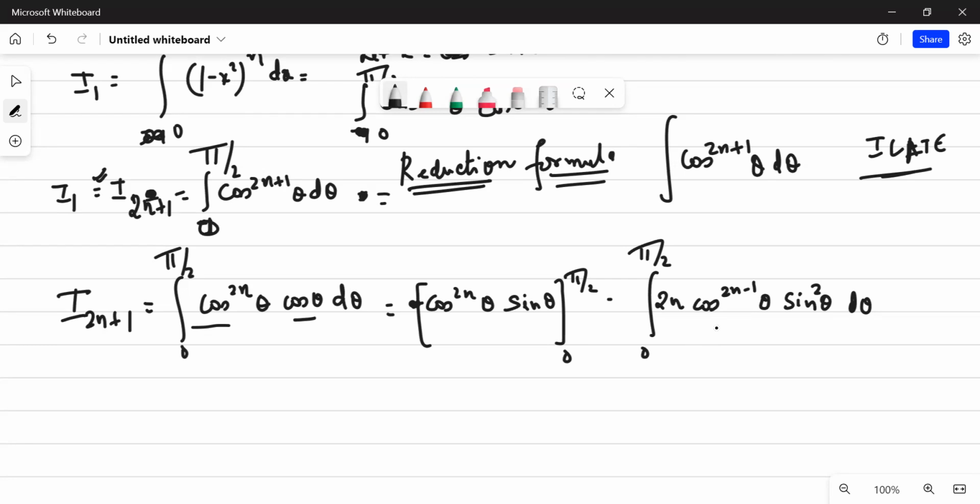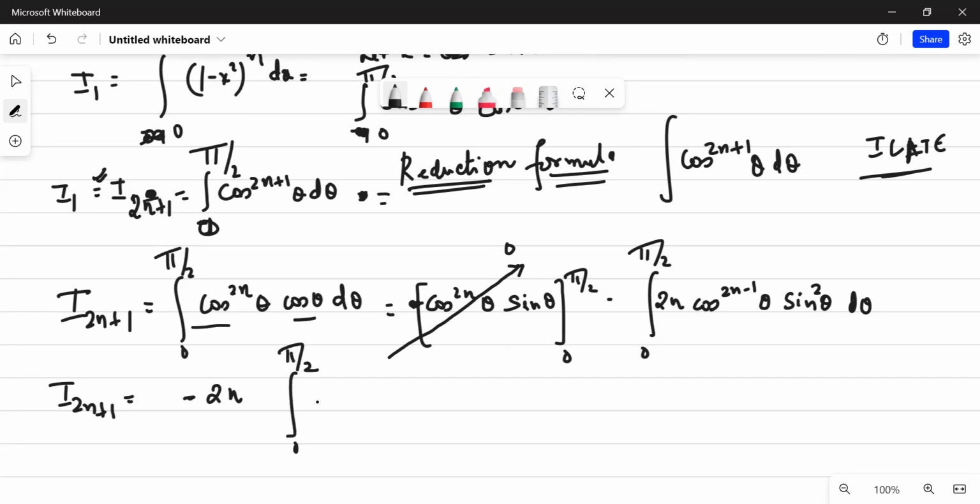Yes. Okay. So this particular term will go to 0 for sure. Forget about it. This particular term will go to 0. Forget about it. ठीक है, क्योंकि देखो पाई बाय 2 पे cos 0 जाएगा, 0 पे sin 0 जाएगा. So you have I 2n plus 1 is equals to एक रह गया तुम्हारा, minus of 2n